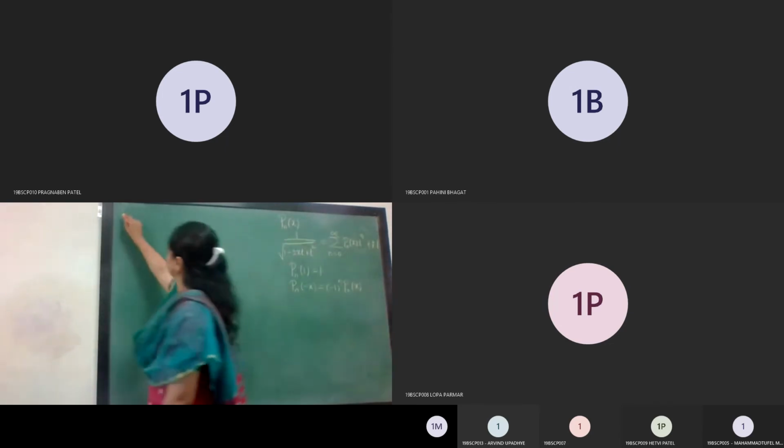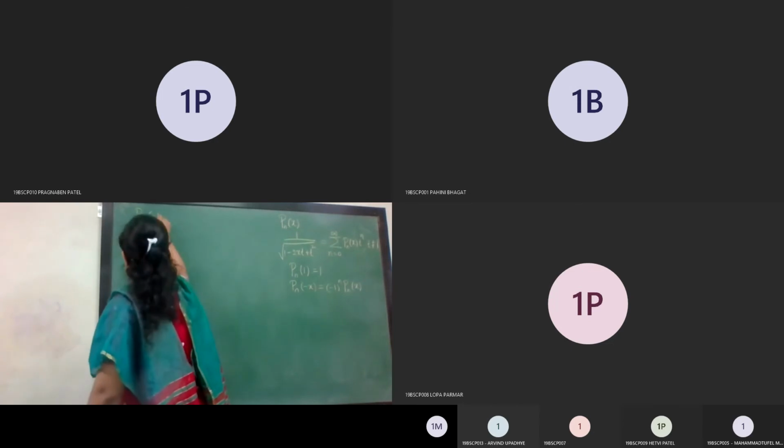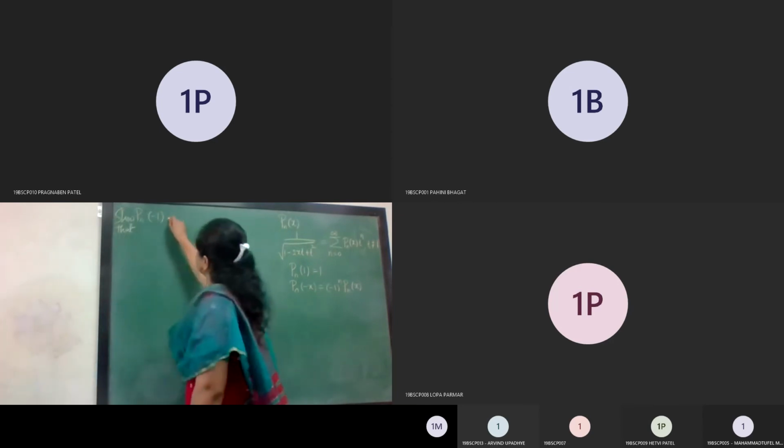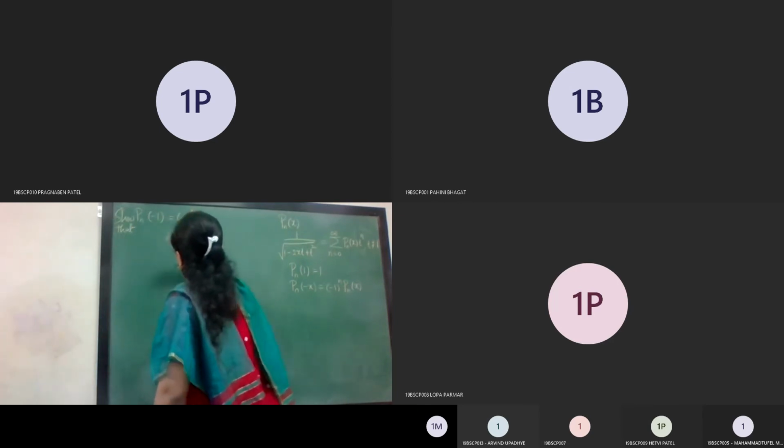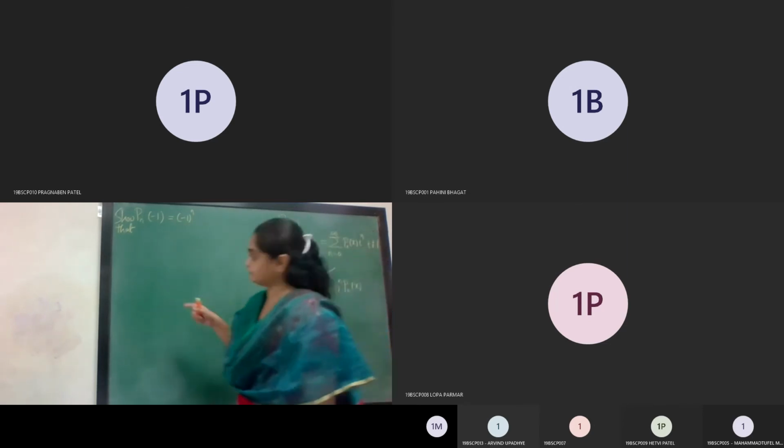Right now I want to consider the third property: when you consider Pn(-1), I will write here, show that Pn(-1) is (-1) raised to n. Actually it follows directly from this, because we want to find Pn(-1), so I replace x by 1. Then this is (-1) raised to n into Pn(1), and Pn(1) is already 1. So this is nothing but (-1) raised to n only, and directly it follows from these two properties. Okay, so let us quickly write down this proof.